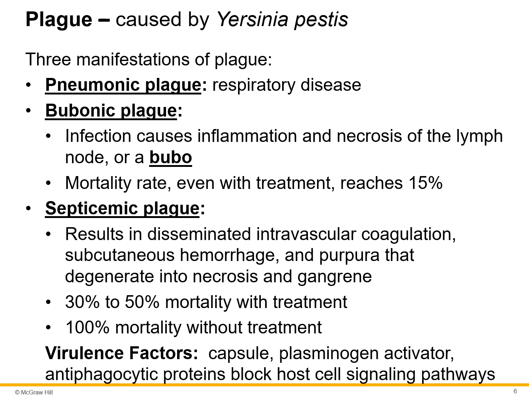And it also can be transmitted person to person, or from an infected animal like a cat to its owner, by breathing. So we have three forms of it. Pneumonic plague is a respiratory disease, and it's airborne. Bubonic plague is the result of getting a flea bite, and wherever that flea bit,